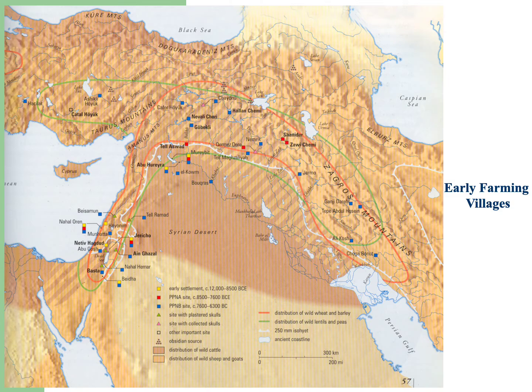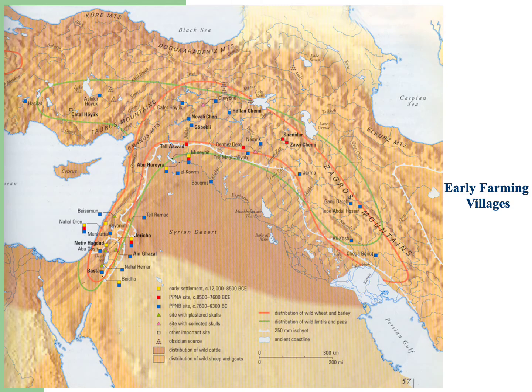One thing that I want you to notice is that most of these early Neolithic villages are actually in the highlands and foothills around the margins. Most of these early towns are not in what properly becomes Mesopotamia. They're not in the same areas as these earliest cities, and that's something to keep in mind.